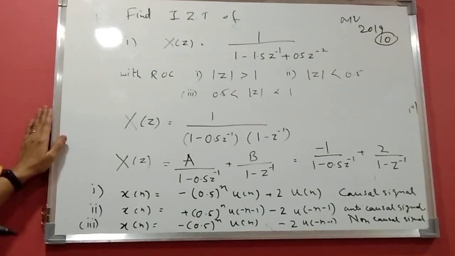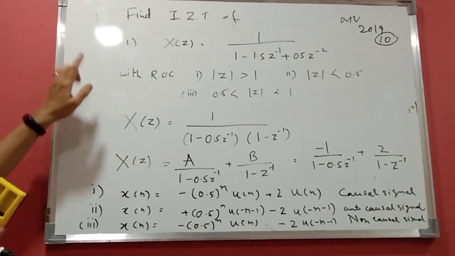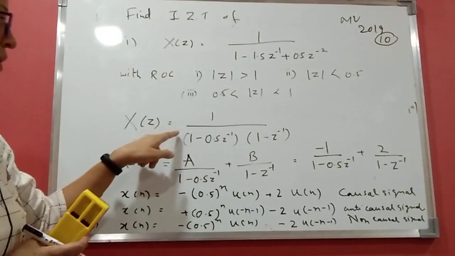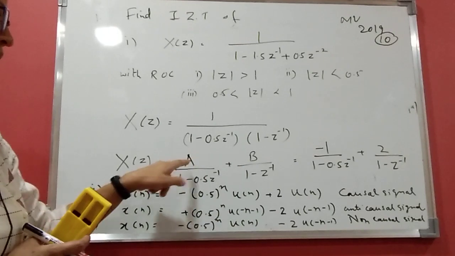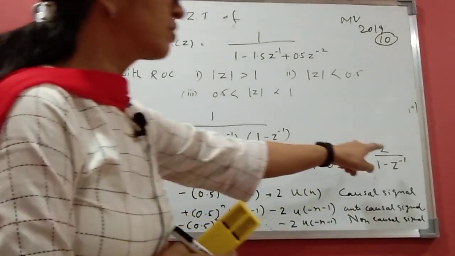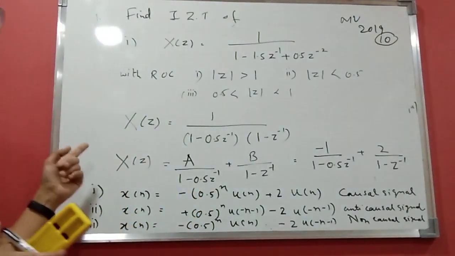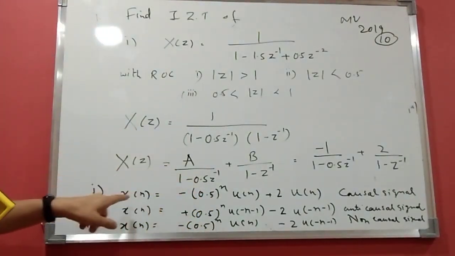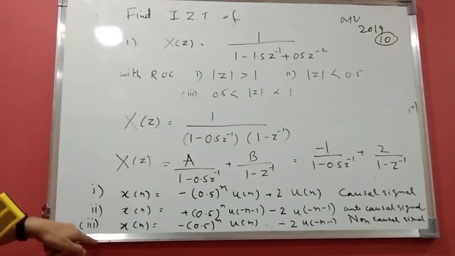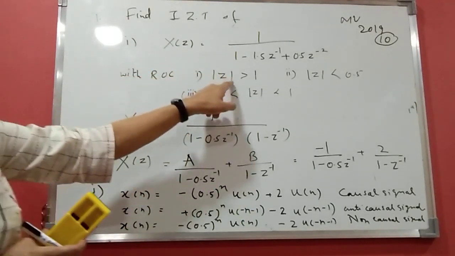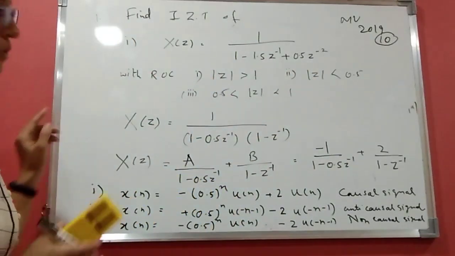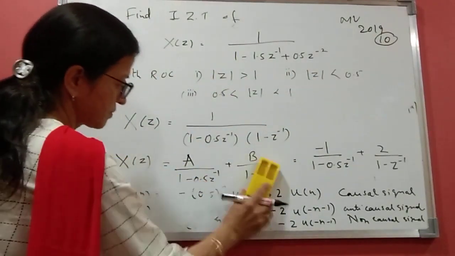So now we'll see one more problem here, but look at the procedure again. What we are doing here is, first we are writing this as partial fraction method, as a upon one factor and b upon another factor, then finding the values of a and b using Cauchy residues theorem. After finding a and b, we see the ROC, and with ROCs we write x of n. So here I have considered all the 3 cases: causal, anti-causal and non-causal. Okay, so we'll see one more problem.